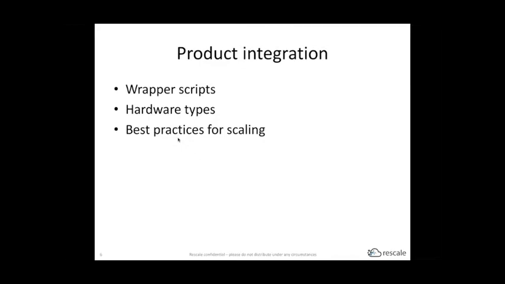So with that, I'm going to transition to Mulyanto to share a bit more about the product integration, some of the REPL scripts, hardware types, and best practices we have for scaling. Okay, thank you, Zach. So running CONVERGE on Rescale today is incredibly easy because mainly of two reasons. The first reason is because CONVERGE Insights provides flexible on-demand pricing. This allows the customer to immediately start running on Rescale without having to actually go through a complicated process of making an on-premise license server accessible on Rescale.